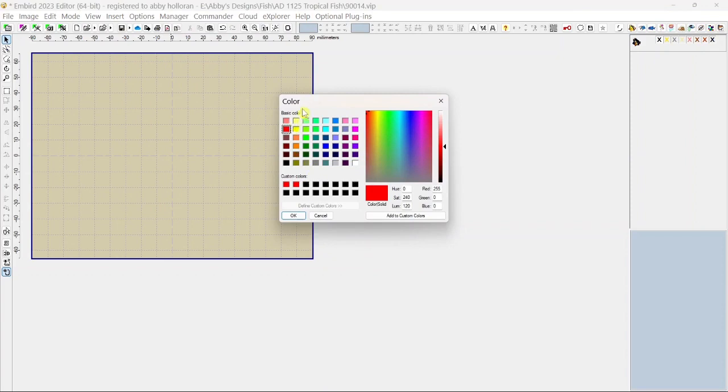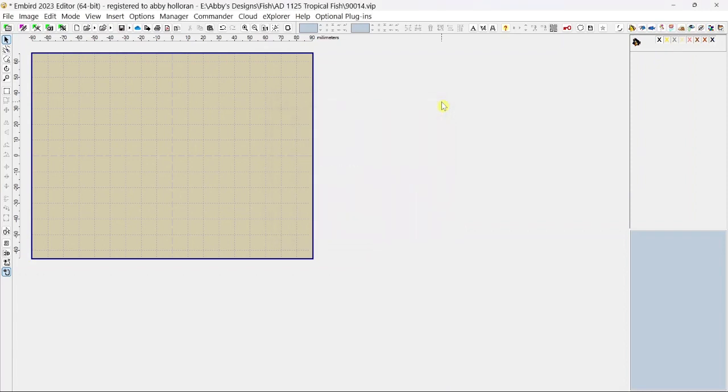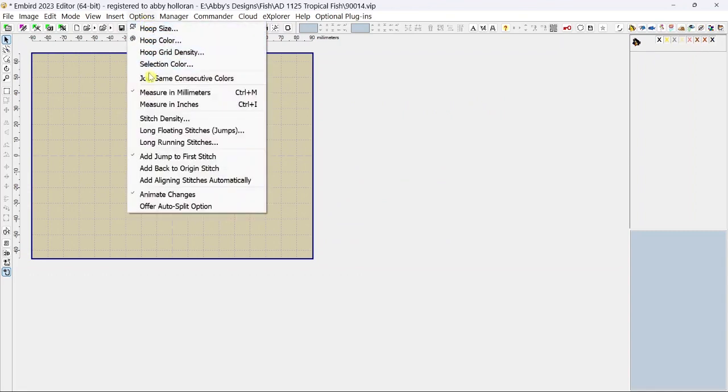And I'm not even sure why it's here and what it's doing. So I'm just going to skip that, because you wouldn't want to use this to select thread colors. You'd want to select your thread colors from the thread selection menu. I will get into how to change your colors and everything when I do my editing video. And so then you have